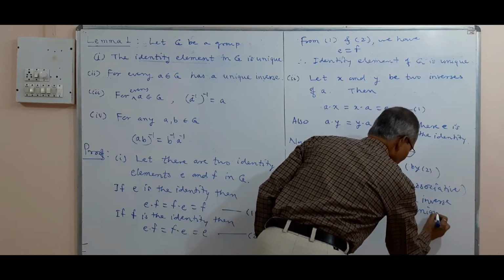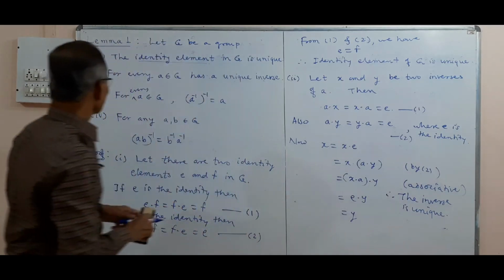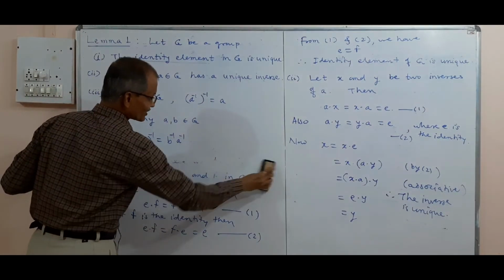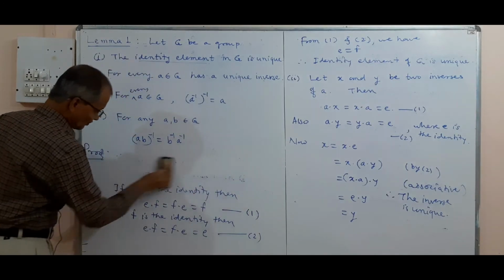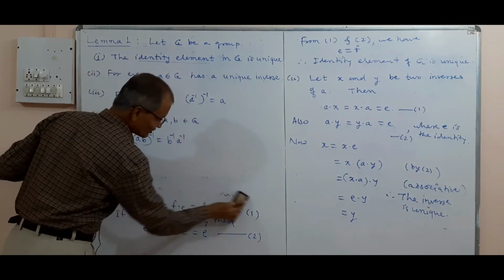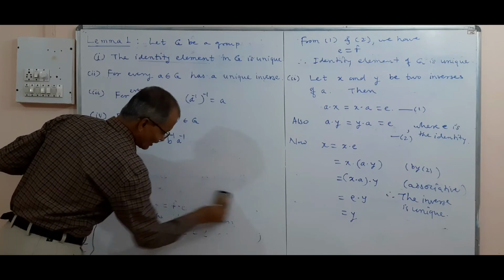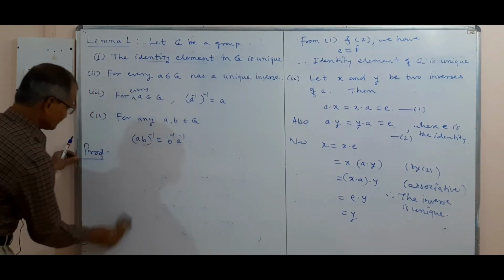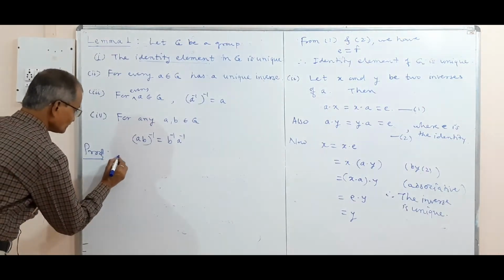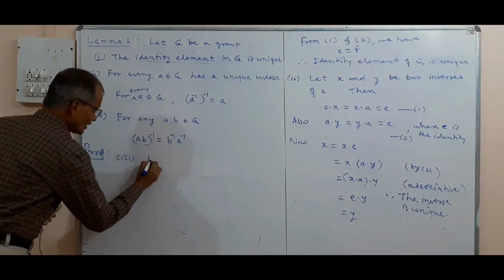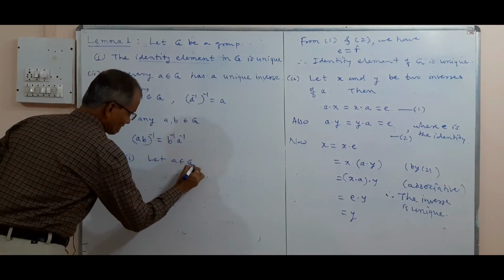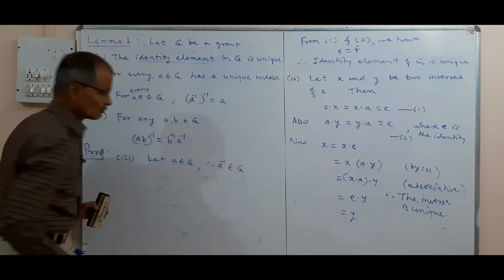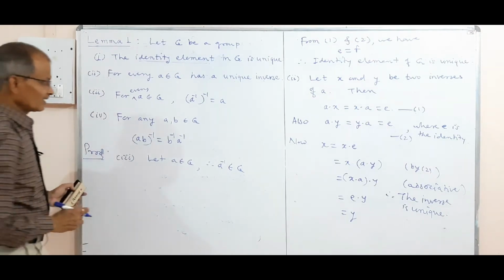Now what about the next property? The next property is this one, the third: inverse of A inverse is equal to A. To prove this property, we use the definition of inverse. Let A belong to G, then A inverse also belongs to G. So both are in G. And now